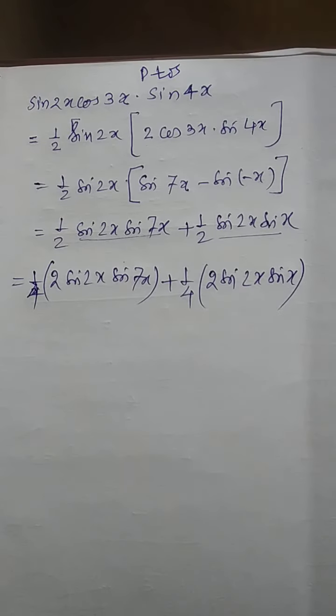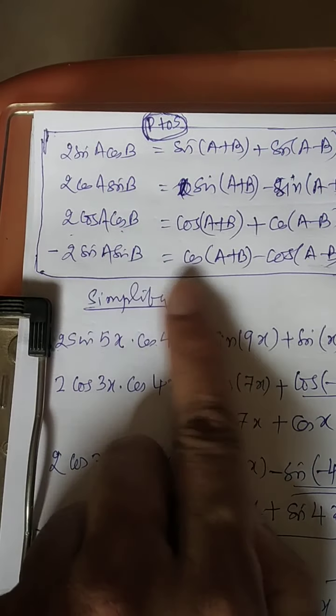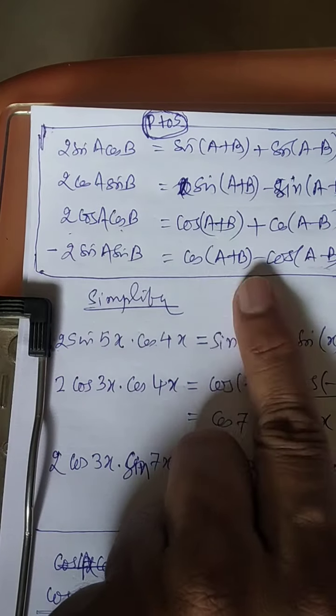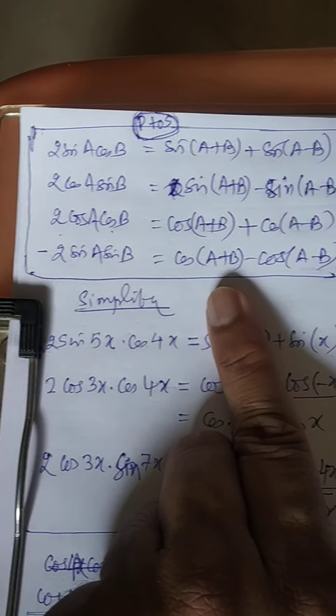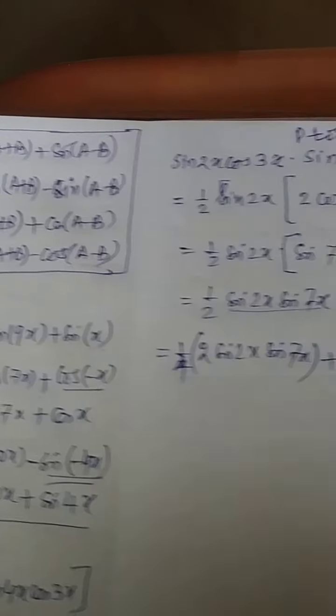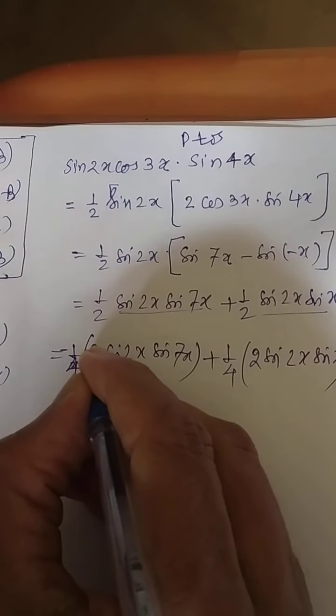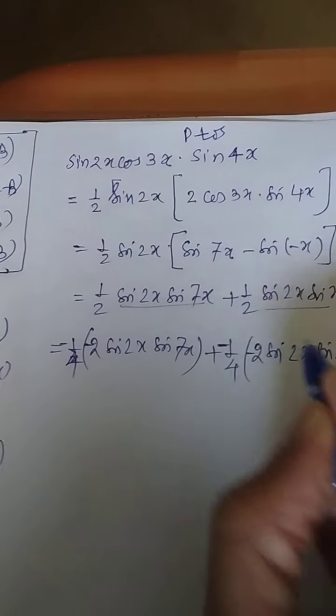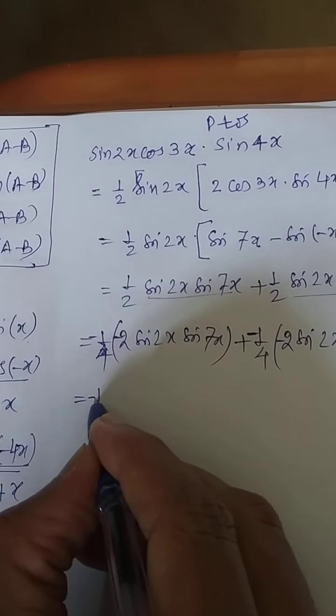Now if you see the remarks, you feel that a sine formula is applicable. If you look at the sine remark, minus 2 is required. Then only cos of a plus b and cos of a minus b will be coming. So what I am doing, I am adjusting that minus and keeping minus outside. This is minus, this is minus, this is minus, this is minus.